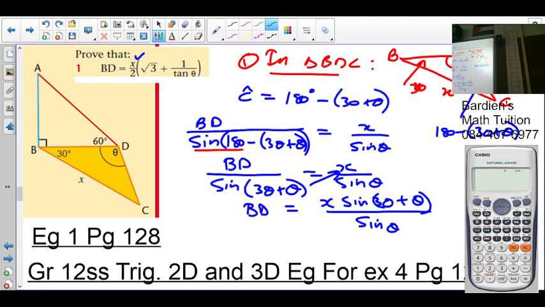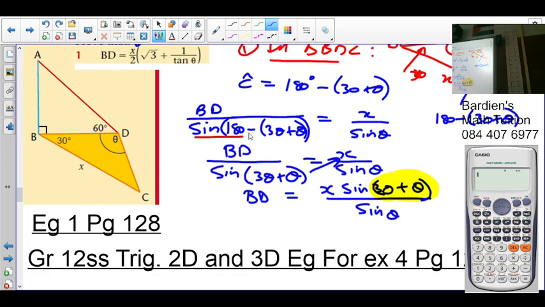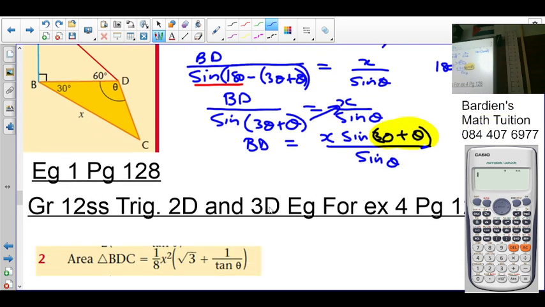Okay, but what does this remind us of, people? Doesn't that remind us of compound angles? Yes. So let's go with the compound angle here, so that BD is equal to x into